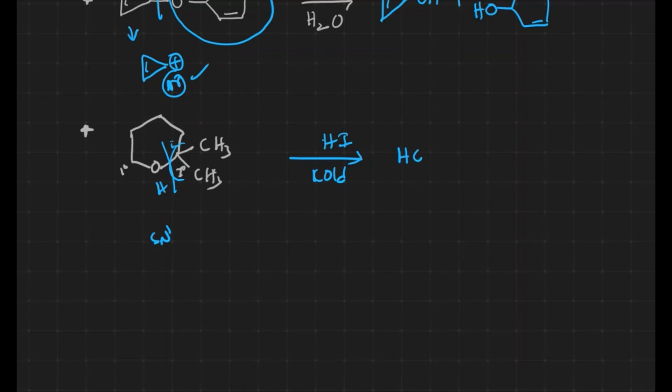And what happens? HO. How many carbons are there? 1, 2, 3, 4, 5, 6. At the fifth carbon, we have a branch over there. Let us see here: 1, 2, 3, 4, 5, 6. At the fifth carbon, we have a methyl group and we have an iodine group. This is what the product is.